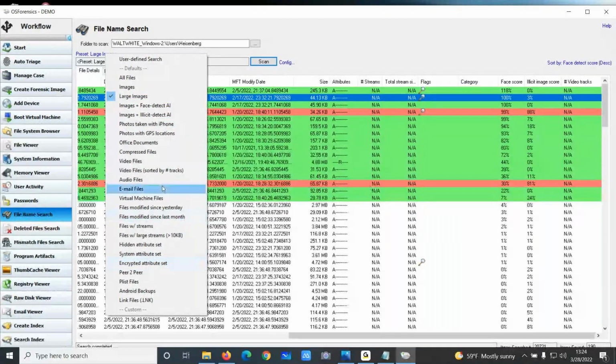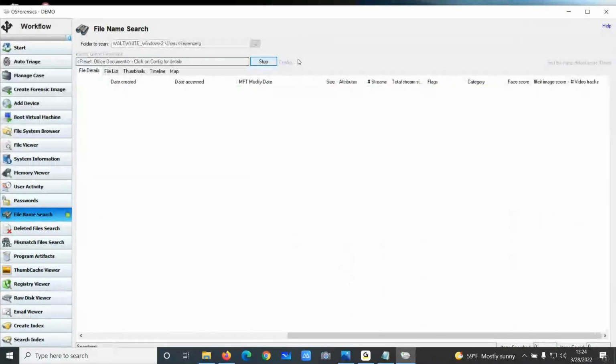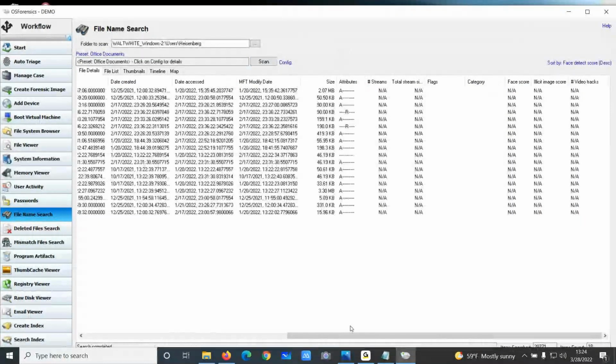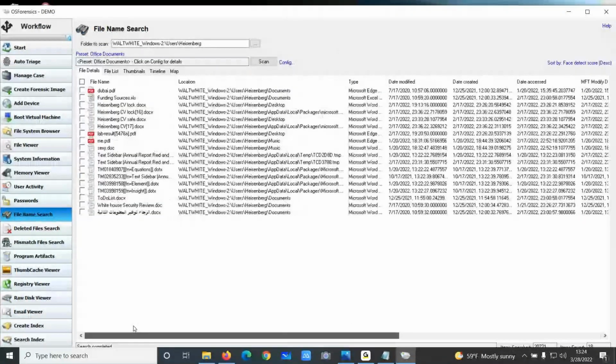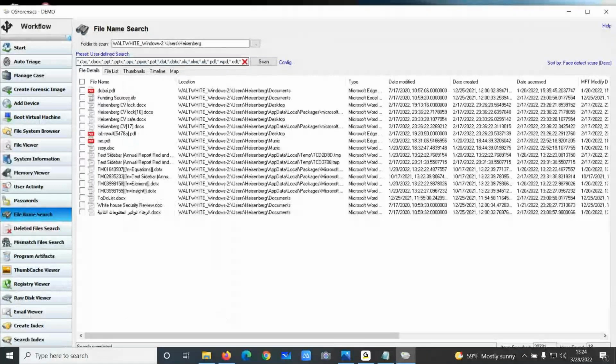For example, if I want Office documents, as simple as that, I change to Office documents in my preset, and I do a search, and now it's going to go through and identify all the Office documents within here. So it's identified some Arabic name files, obviously English name files. You can change the preferences. You can tell it specifically what type you want it to do. If I change this to user-defined search, you can see this is the last search that it did. So this is what it defined as user-defined. I can also then, of course,